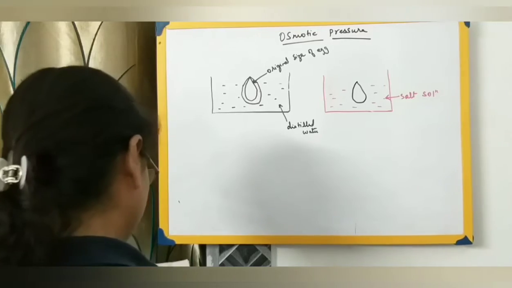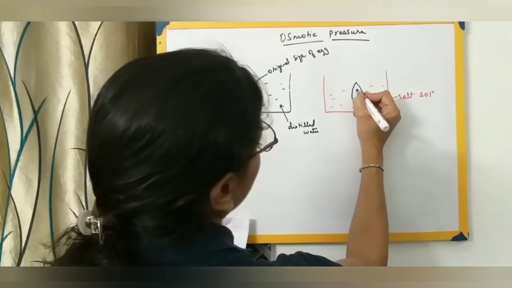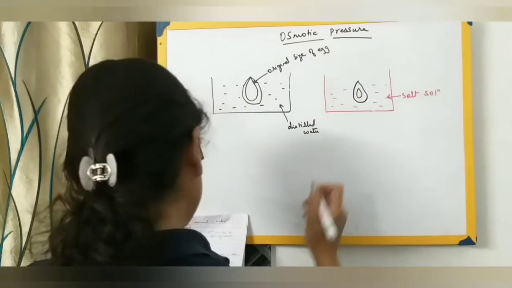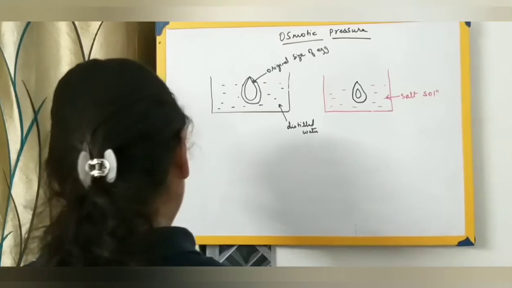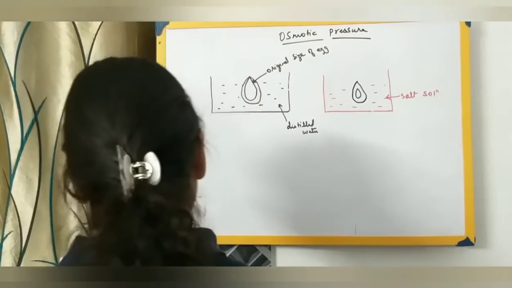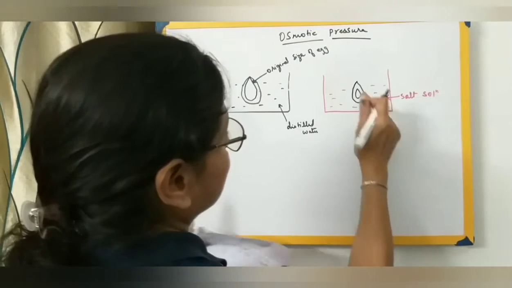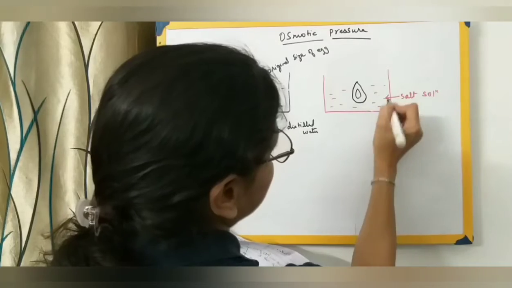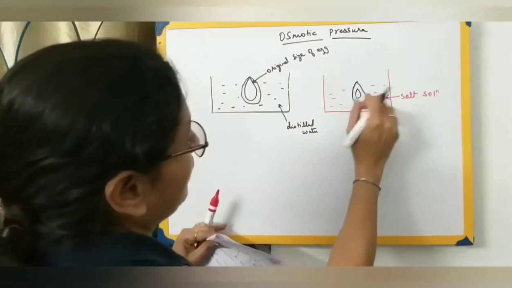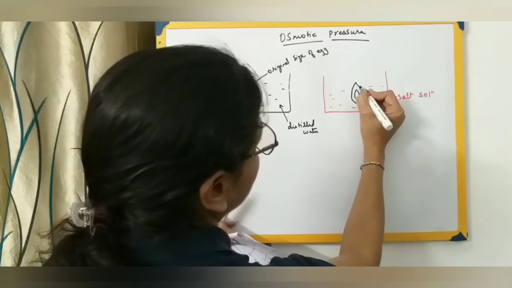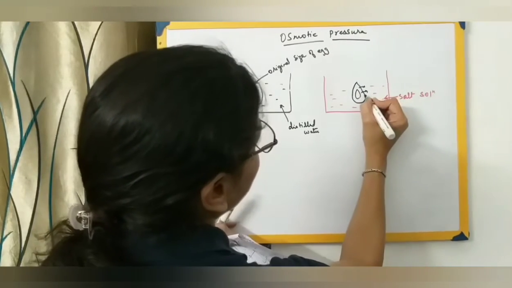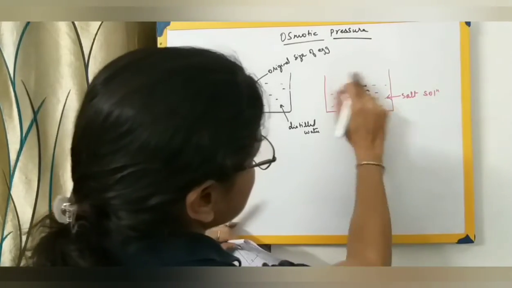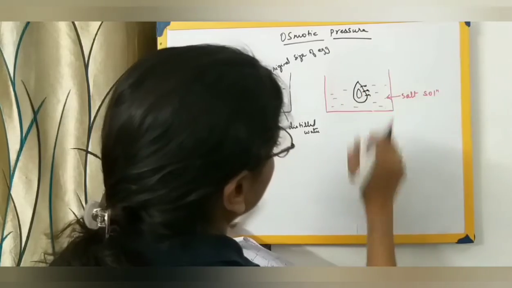We'll find that after some time, this is the original size, and after some time the size of the egg will decrease. Now why will the size of the egg decrease? Because here we are having a salt solution. So whatever the liquid is, that is the solvent molecules over there, they will come out until an equilibrium has been attained. So as the solvent molecules come out, what will happen? And moreover, it is a salt solution, concentration is more over here. So as these solvent molecules come out, the size of this egg will shrink over here.